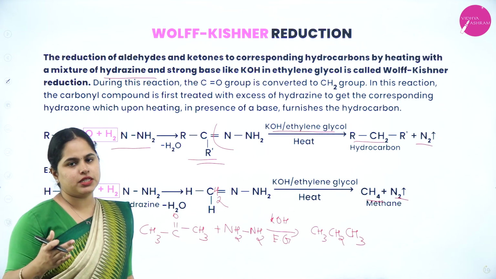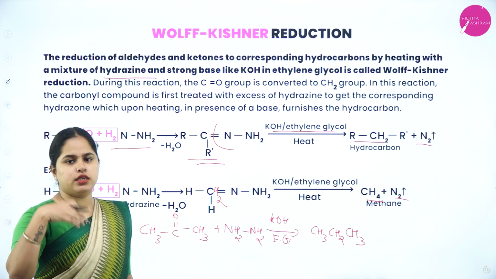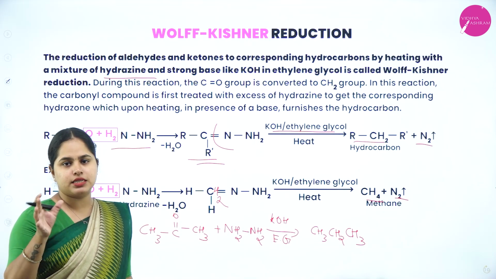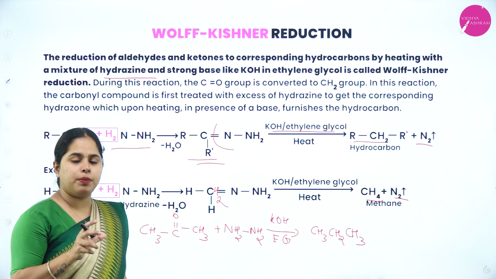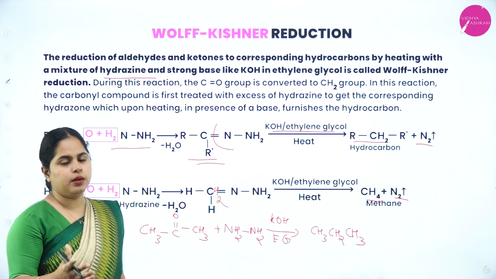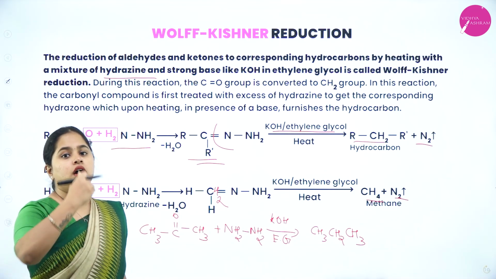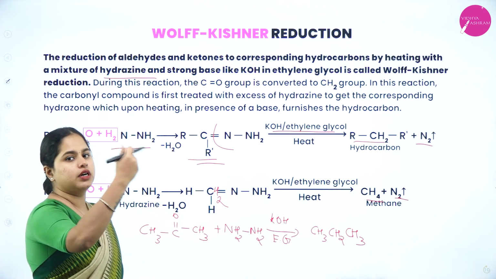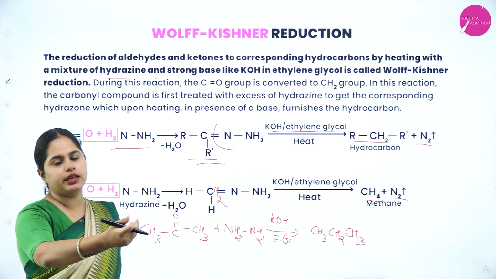In Wolff-Kishner and Clemmensen reduction, CO will be converted into CH2. Right? Like that simply you can remember. But what is happening? The reagent is different here. And in Wolff-Kishner, first hydrazone will be formed, then further by the addition of KOH and ethylene glycol, you will